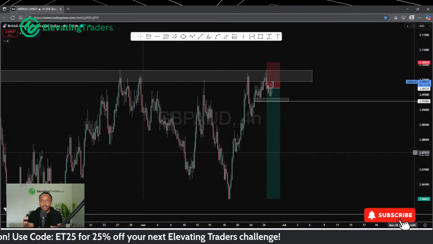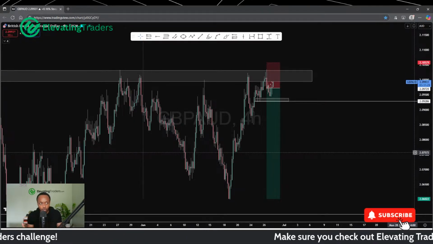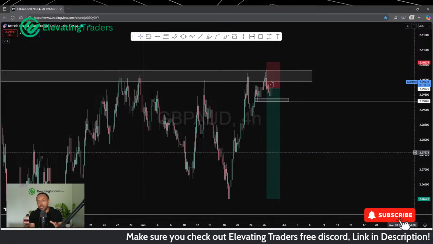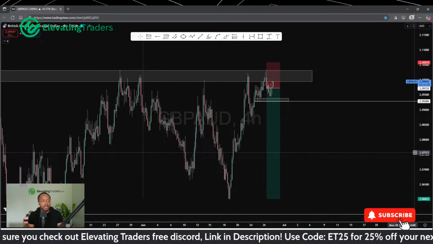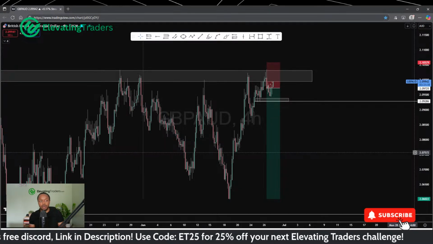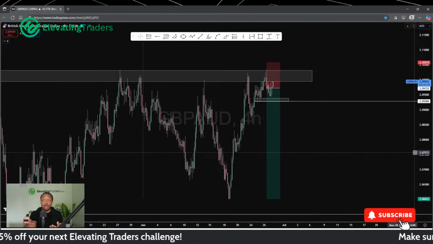The odds of price going in your favor might be a bit less, but normally the more aggressive trade does allow you to have a bigger risk to reward. It means you're getting into the trade a little bit earlier, which allows you to capitalize on most of the move or a bigger proportion of the move. Of course, waiting for a bit more confirmation, like support breaking there, gives you a bit more confidence that, okay, momentum has really stepped in with the bears. We're probably more likely to fall now, and I would agree.